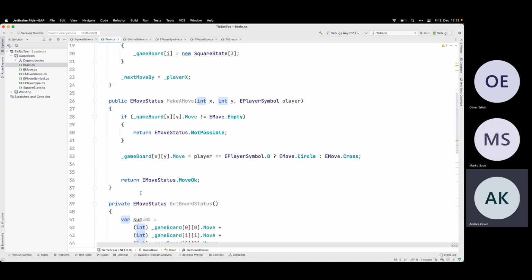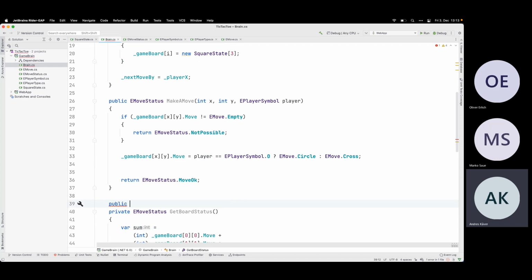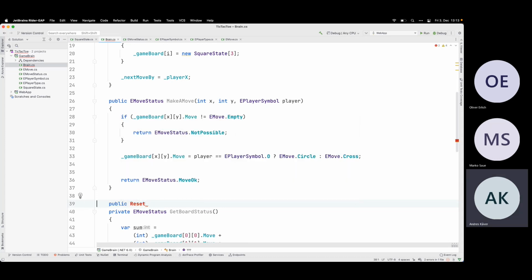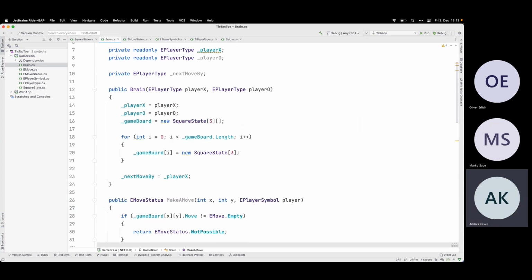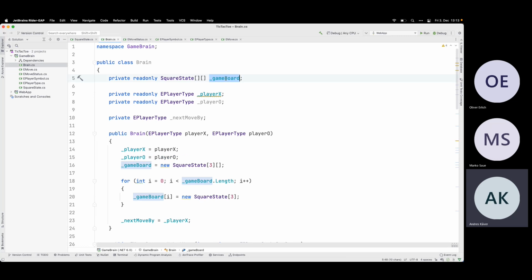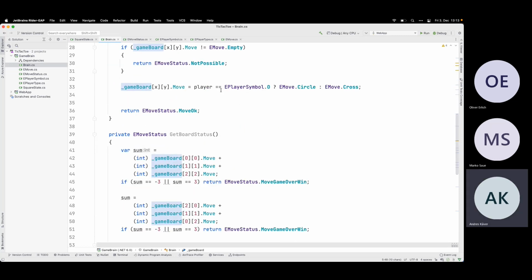What else do I need here? Maybe a new game. Public. Reset. Oh no, let's do those when I need those. Now I need also visualize the board. So this means I need this game board copy if I want to do it nicely.